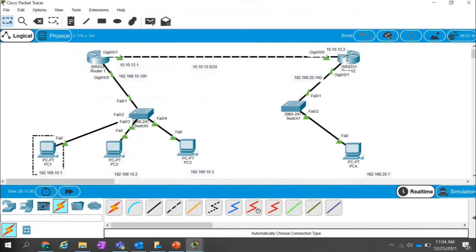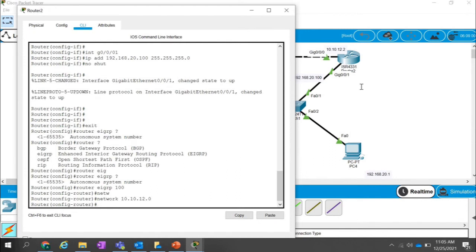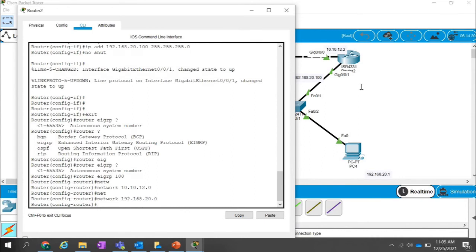I will insert two networks, that is these two interfaces, 10.10.12.2 and 192.168.20.100, right? So I'm going to use 10.10.12.0, and another one, 192.168.20.0, which is going towards the switch, or we can say the PC, and just press enter.